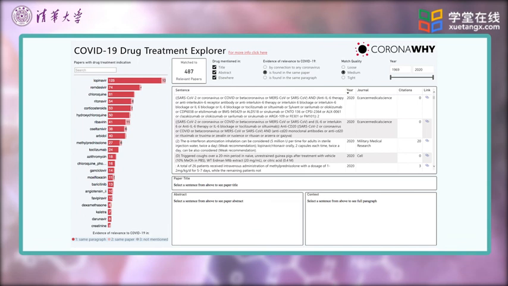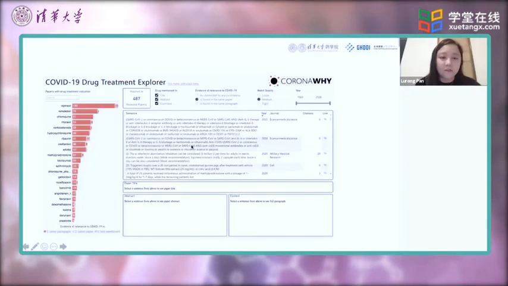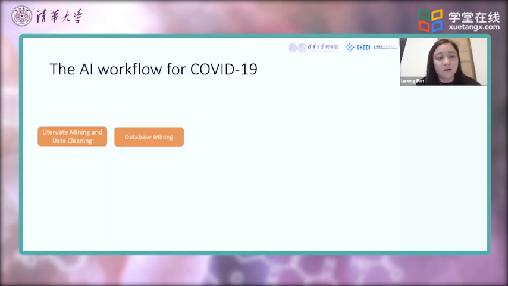And you can see from this application, which is a Microsoft Power BI interface, that they have the statistics of each medicine that has ever been mentioned in the literature associated with either coronavirus in general or this particular SARS-CoV-2 virus. So you will also have a real-time track of whether any new medicine comes out, or whether any of the old medicines has drawn more attention, which also gives researchers a real-time track.